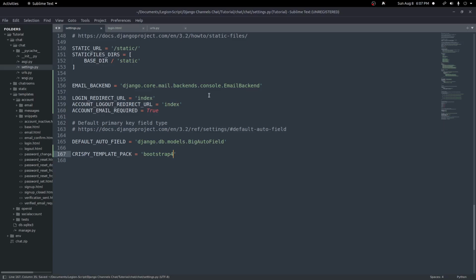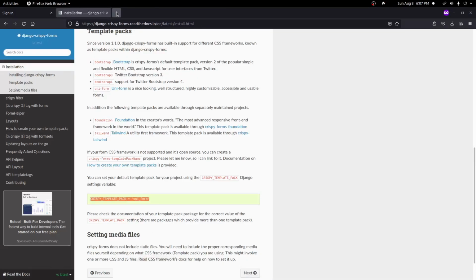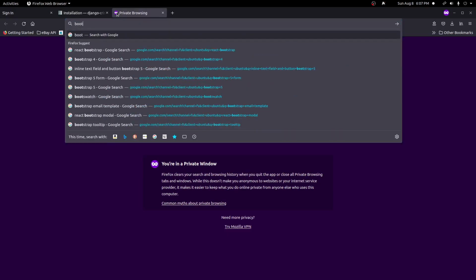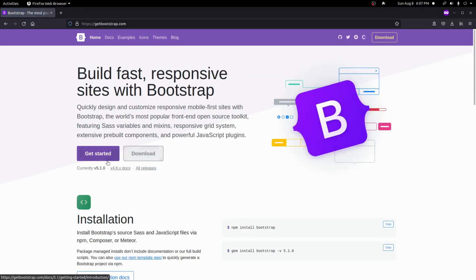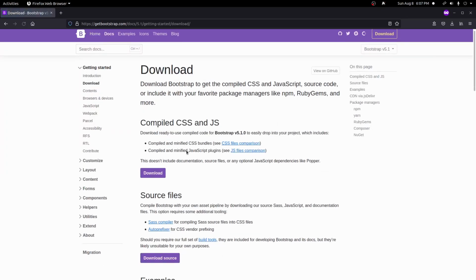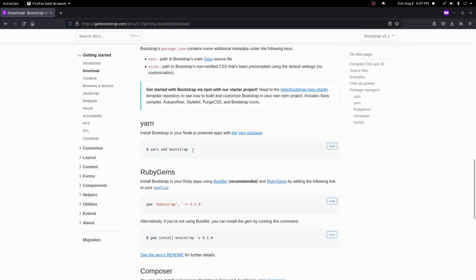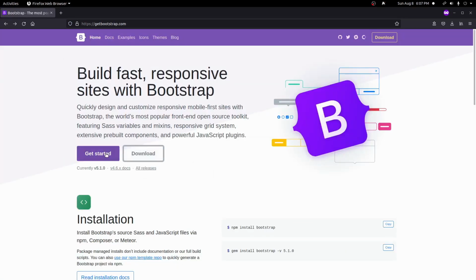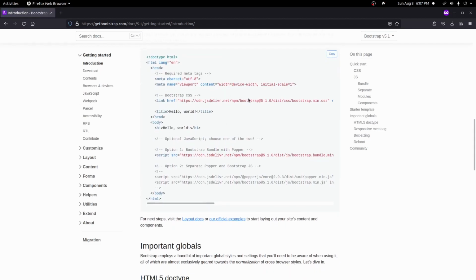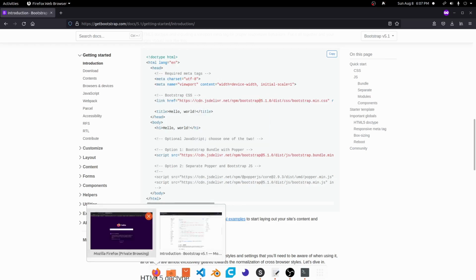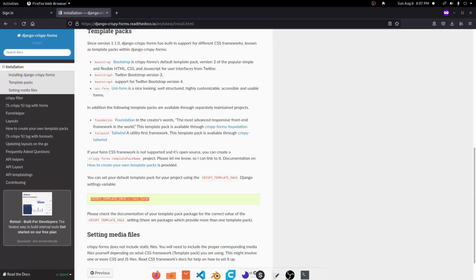Now, to make this work, we're also going to need to grab the Bootstrap CSS link. So we'll do a search for Bootstrap, and we'll find this here. This is looking at version 5.1. We'll go ahead and click download, and we'll come down here to click on get started, and you'll find the starter template. You can add more of this in if you want to, but all we're going to really need to add in here is the CSS. You could also add the JavaScript in, but we're not going to use that for now. So I'm going to just copy just this Bootstrap CSS line,